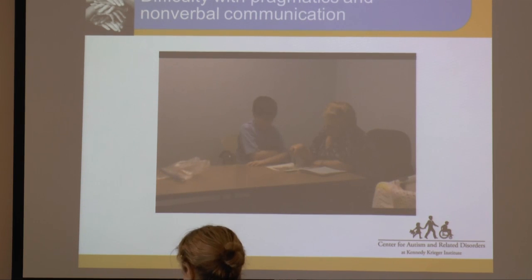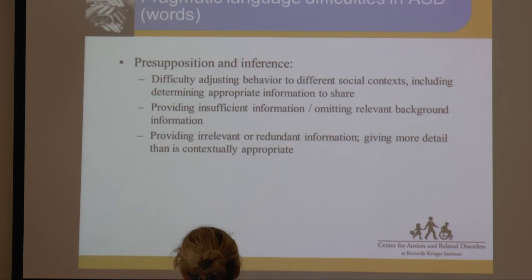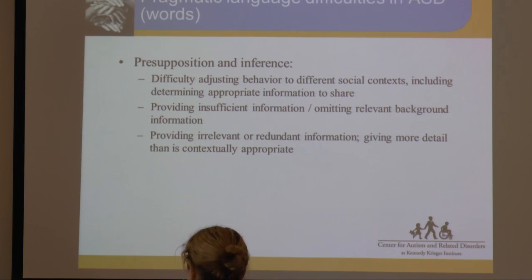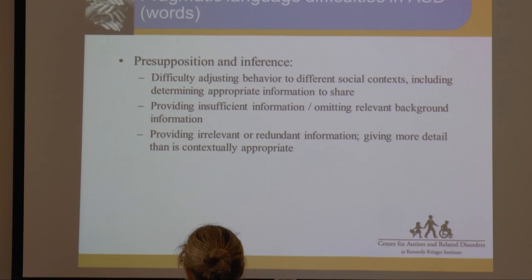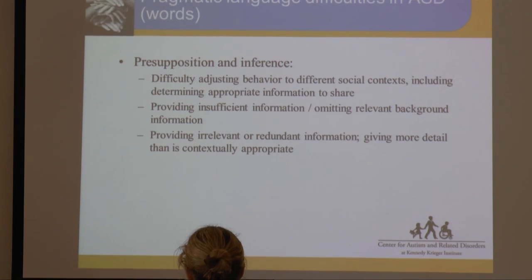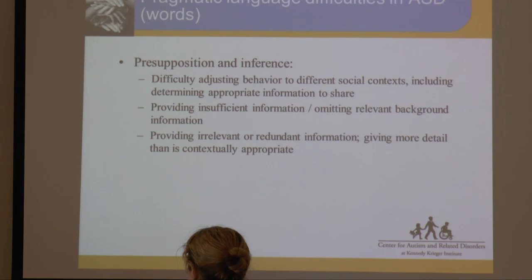I'd like to point out a few features which can manifest in a conversation, such as having a hard time figuring out what information is appropriate to share. So I'm having difficulty adjusting to each person that I might be interacting with. What that looks like maybe is providing not enough information for a particular partner, not sharing some relevant background information that they might need to understand the other things we're saying, or perhaps providing information that's not really relevant to the ongoing conversation, or repeatedly presenting the same information so it becomes redundant, or perhaps even giving more